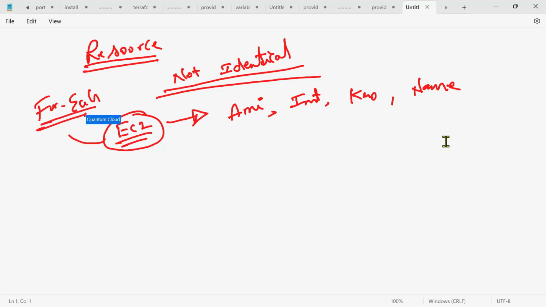So when there are resources which you want to create as identical resources, the same kind of resources, then you go for count. When there are resources where you don't want to use the same properties and configurations, you want to use different properties for that resource, during that time you go ahead and use something called for each. Okay, so now